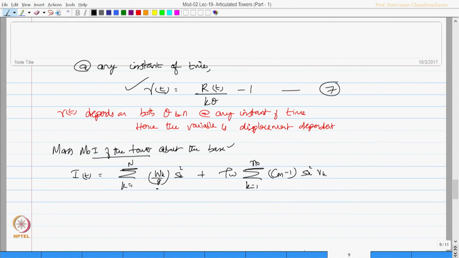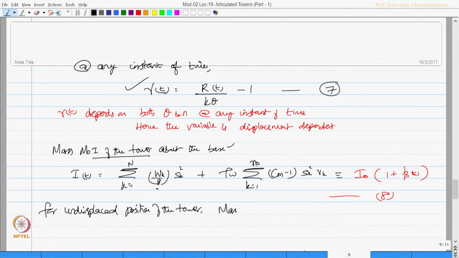Okay. So, now this actually should be equal to the inertia component, which is I_t by I_0 minus 1 plus B_t. I call this equation number 8. Now, for the undisplaced position of the tower, the mass moment of inertia is given by I_0 equals